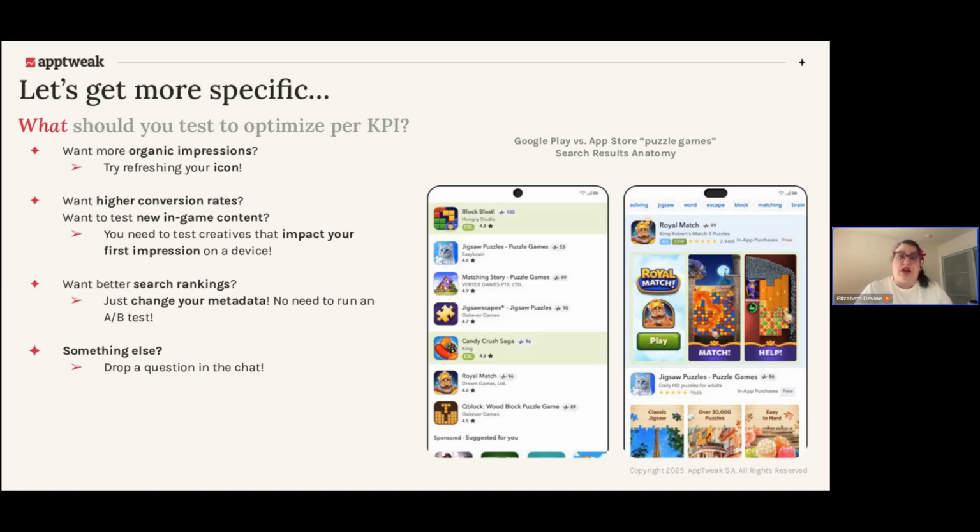If you are already in the top 5 or 6 for a specific keyword and you change your icon, it can also have an impact on your search rankings, because if you're in that first snapshot and your icon is suddenly more compelling, more people are going to click on it, which means you're getting more conversions for that specific keyword,